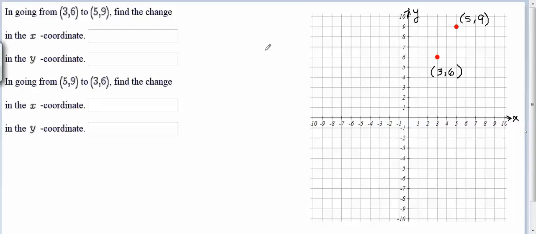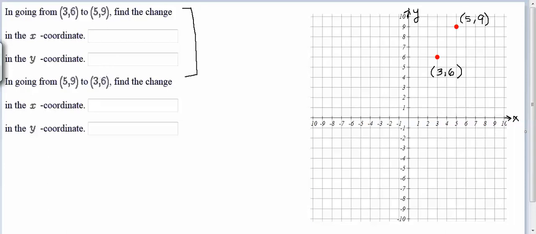In this question, we're given 2 points, (3, 6) and (5, 9), and we're asked to think about how the x-coordinate and y-coordinate change as we move from one of those points to the other. So first let's think about this visually in terms of the graphs plotted on the line. So we'll look first at this part of the question, and then we'll move to the second part where we want to notice what happens if we think about starting at a different point,